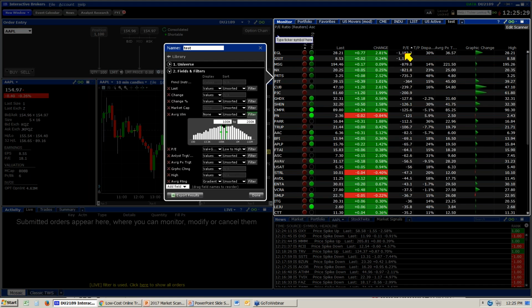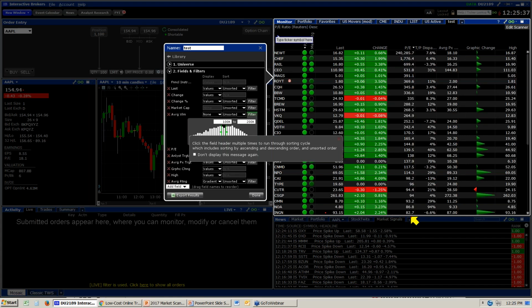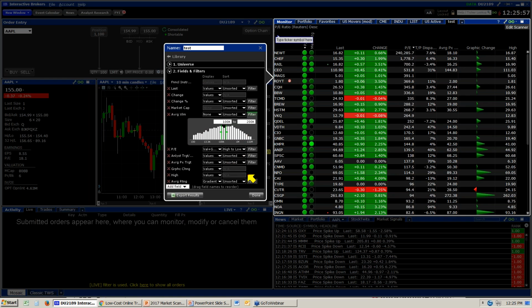We do have the average analyst price target that can appear as a bar. Notice if I add that bar, you'll see it now display separately within the market scanner window. We also could choose to display this as a line, and notice once again it is going to give you that information that will display on your market scanner. But for right now, to keep the window uncluttered, I'm just going to go back to the values here and notice that I do have price to earnings as well as